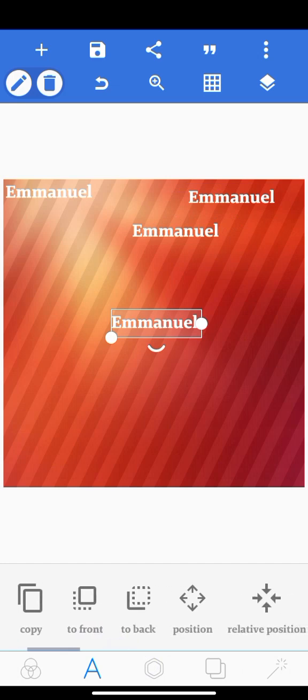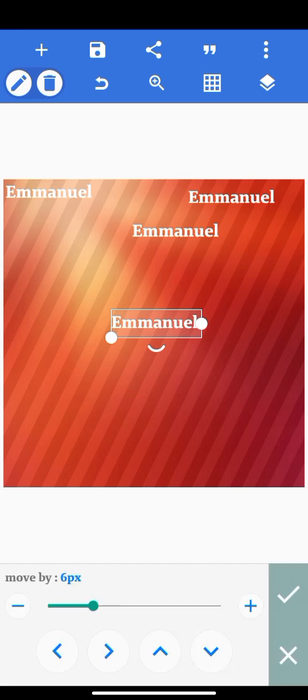We are moving to the next one, which is the position icon. What is the function of this icon? You use it to move your text or any other element of design. This move by 6px is the speed that you want it to move. If you want it to move slowly, you decrease it here. If you want it to move very fast, you increase it. You can use your minus icon or your plus icon here. I want it to move very slow, it will move very slow. We have to the left, to the right, to the top, we have down part. I want it to move very fast to the right, to the left, to the right, to the top,